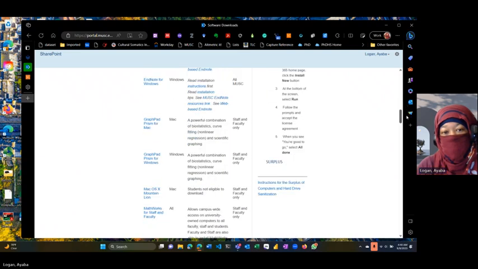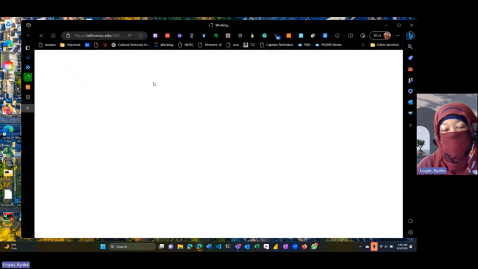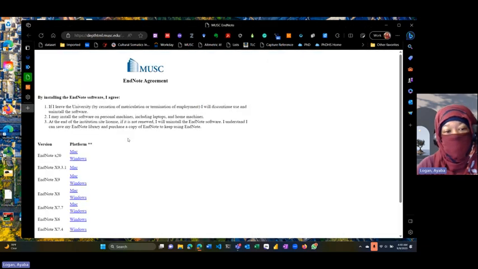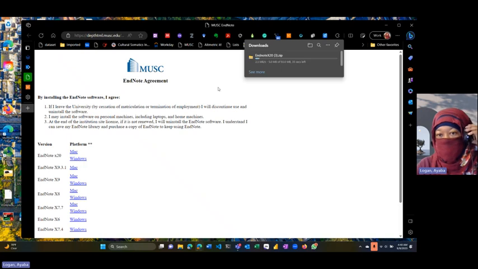EndNote. Notice there's lots of different software here to use. Feel free to explore that at another date and time. So now that we're at the agreement page, you're going to click the first one for Windows, which is that one. Notice I've downloaded it a few times, but I'm going to do it one more time,